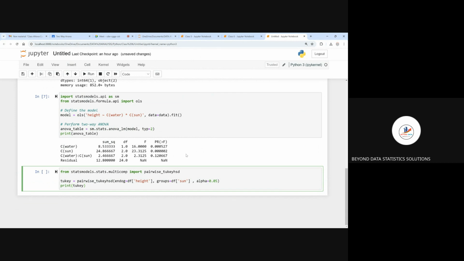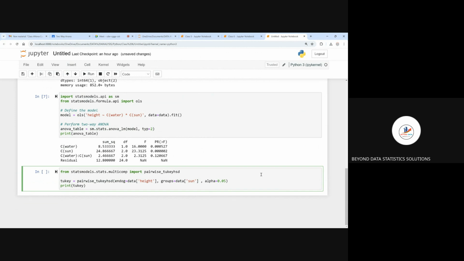Using Python, we have to import these methods from particular packages. So we import pairwise_tukeyhsd, and then from there, we create a variable known as tukey, and then we say equal to, then we call the method which we imported, which is the pairwise_tukeyhsd. And then now